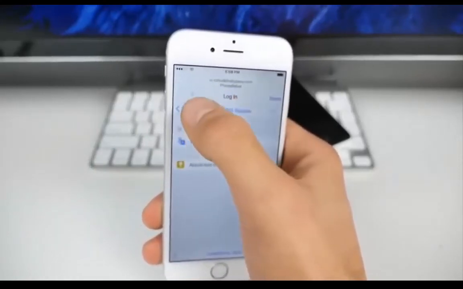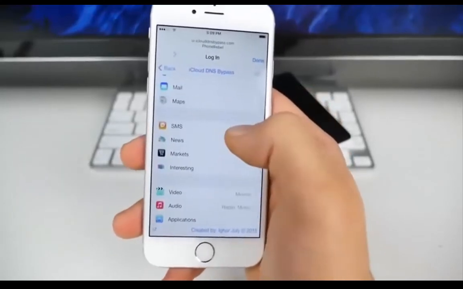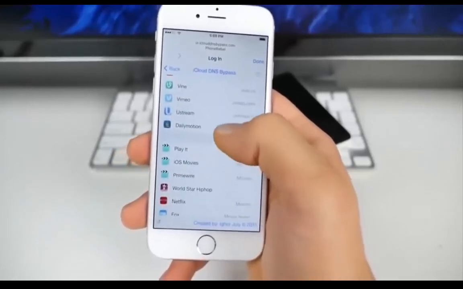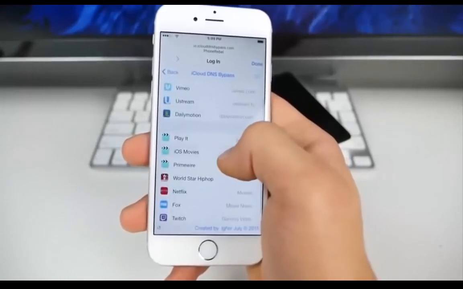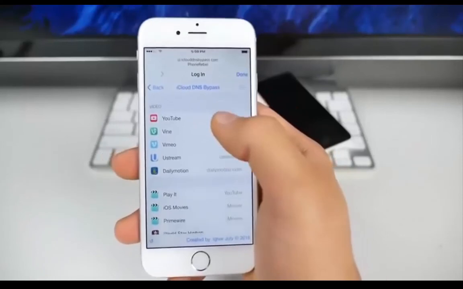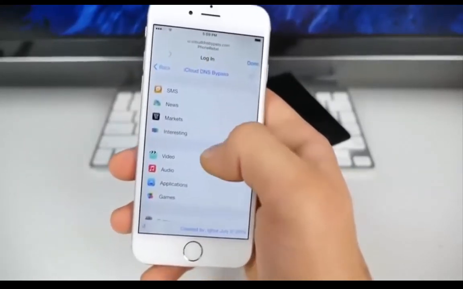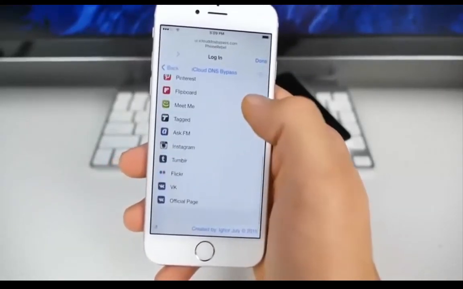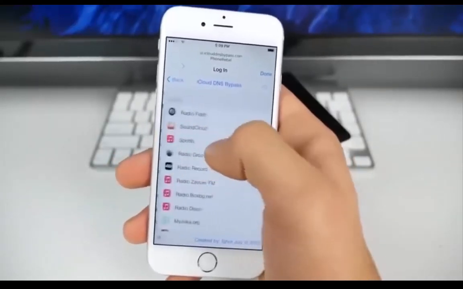If I go back, I want to show you some other features. And here's where you change the language, by the way. In here, you guys can look at so many things. There's video, audio, applications, games, and they're all web-based, but they do work very well. You can stream Netflix or even free movies if you guys are into pirating and stuff. But right here is YouTube, Vine. Really, really cool. You can even get into Instagram and social media right here. If you click on social, you have an option to log in to many different things, which is really cool. And then there is music streaming right here. So you got